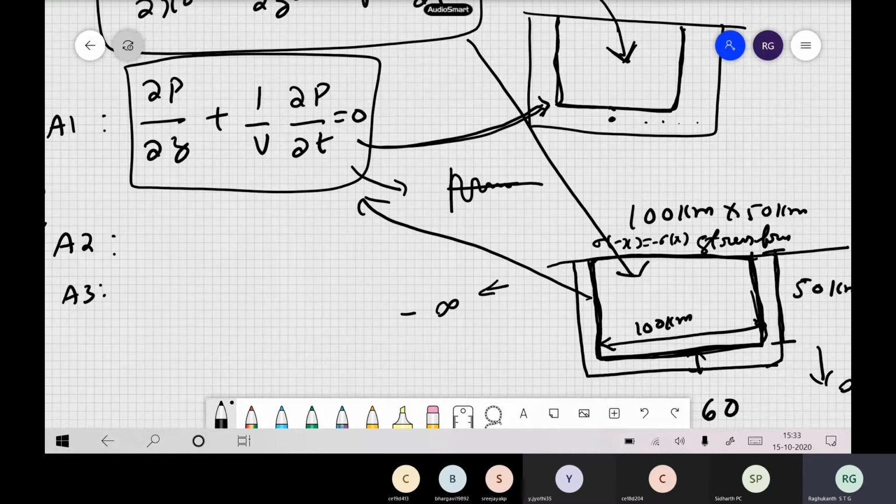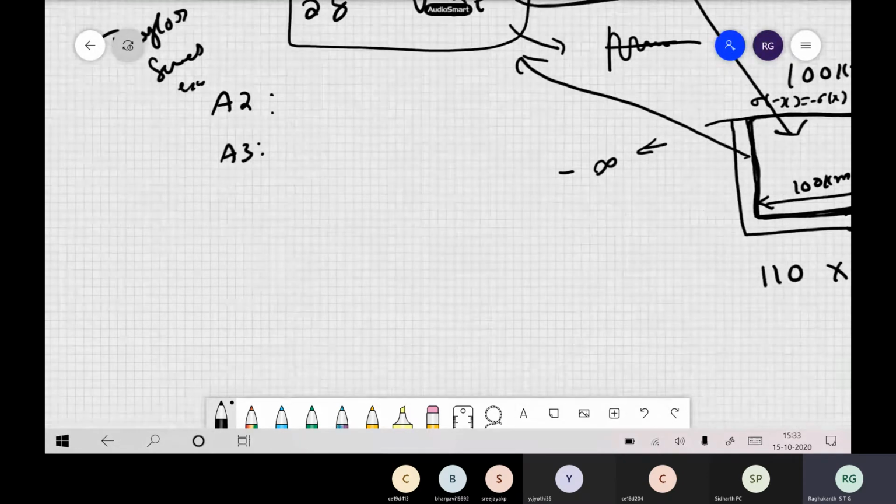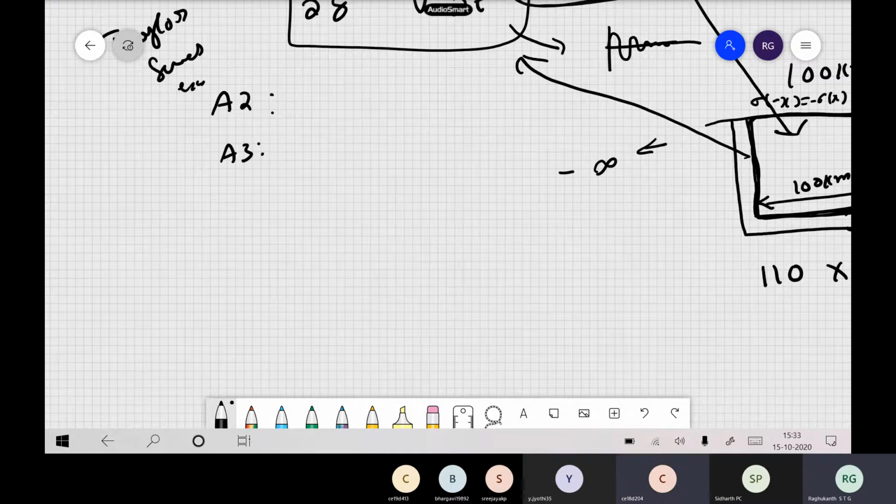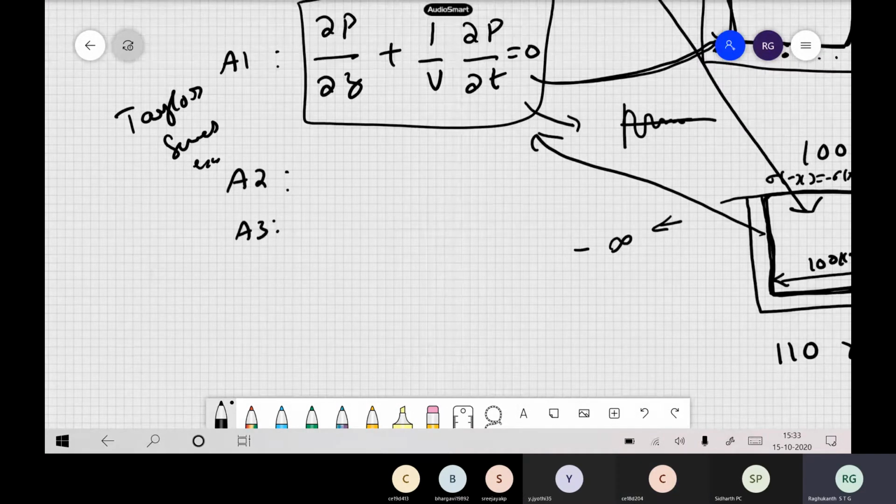Now I think last class we discussed A1, A2, A3. I think I forgot to send the paper, but you can find out the reflections. What is the most important thing we observed in our last class when it comes to the paraxial boundary condition? Which is more efficient, A1, A2, A3? A3 was more effective. What do you mean by efficiency? Efficiency is in terms of reflection of waves, sir.